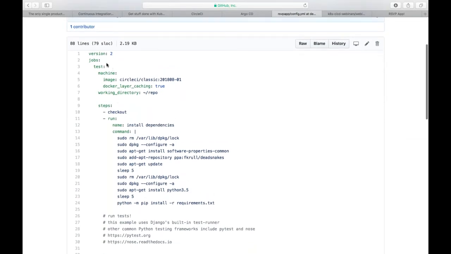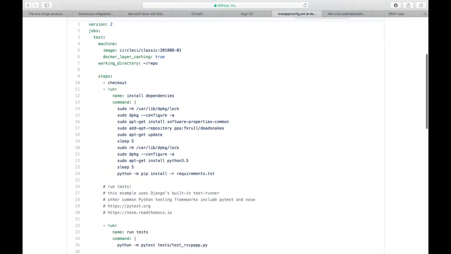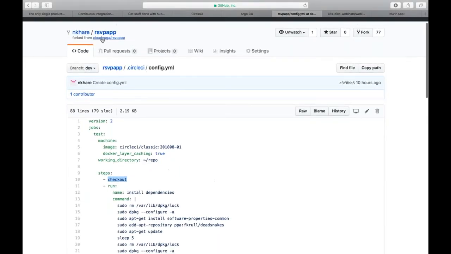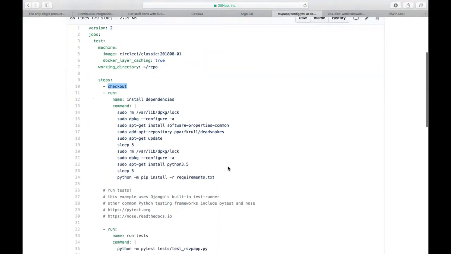As you could see here, we are defining a few jobs. One of the jobs is test, in which we are doing different steps. In the first step, test, we get a base image to use for our testing purpose. In that, we first check out my source code, which I have linked with my CircleCI project, which is of course this particular repo here.